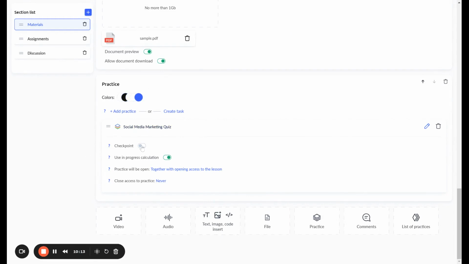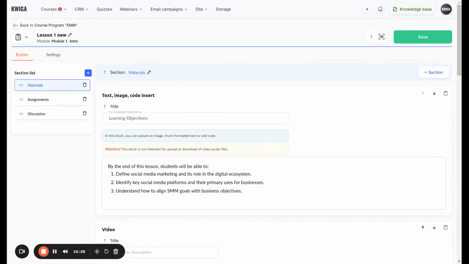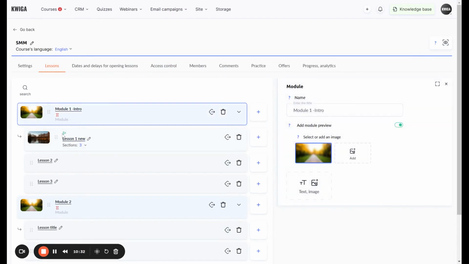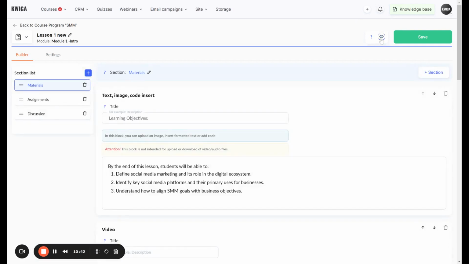We can set it up as checkpoint, meaning to pass further to the next lesson, a student must pass this quiz. That is called checkpoint in our system, and you can see this flag appearing, meaning this quiz is used as checkpoint. You will also see it on the program, on the outline of the course, that this lesson has a checkpoint. You can set up as checkpoint different quizzes or several quizzes at once. And I suggest now we view how this lesson appears